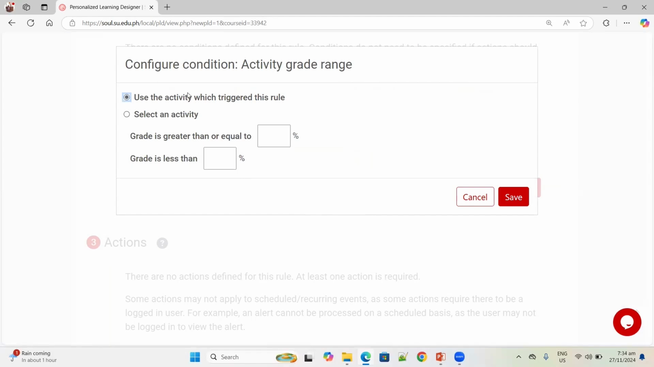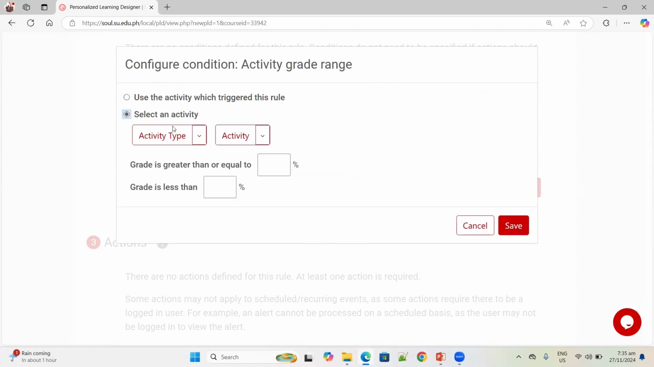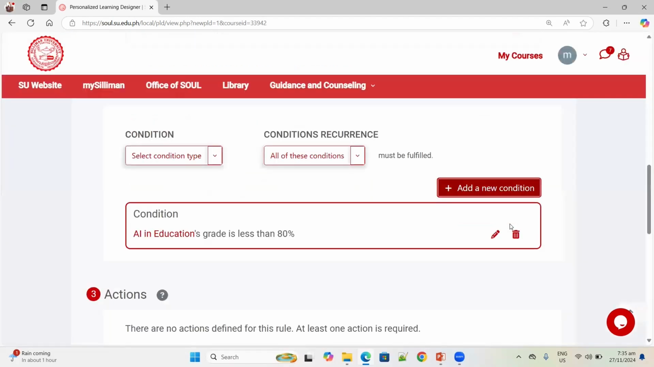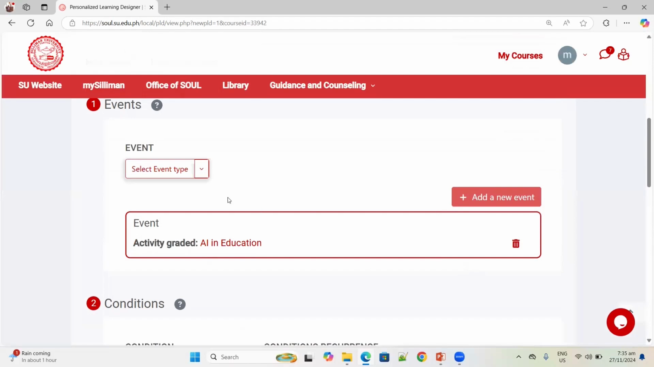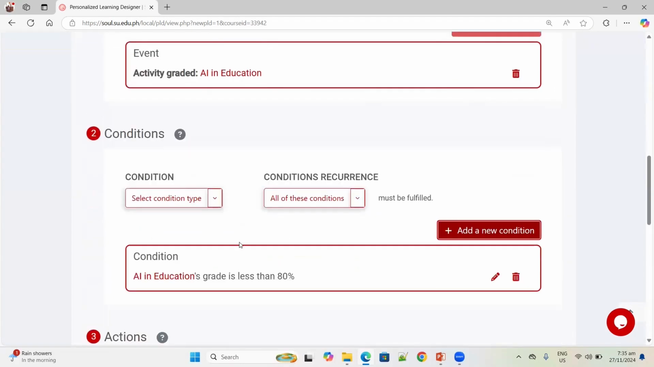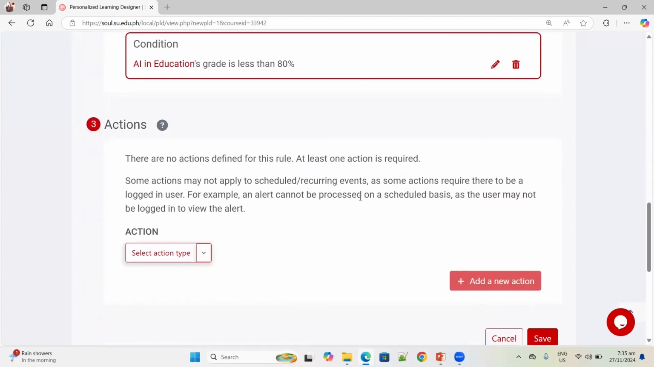That's fine. That's perfectly fine. Or we can select an activity. But for me, I'm used to selecting an activity that was a forum, and the activity title is AI in Education. So what we have here is grade is less than 80%. That's the condition. Click save. Okay, so if you'll notice, we now have an event, activity graded, which is AI in Education. That's the forum. Our condition is AI in Education's grade is less than 80%, and the action would be to